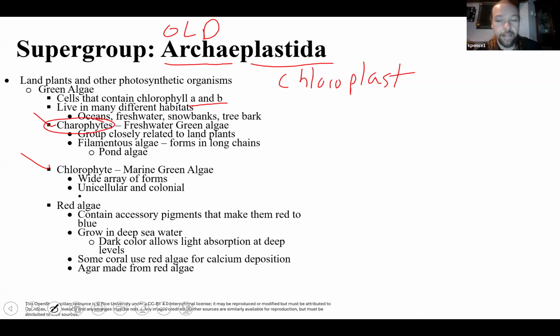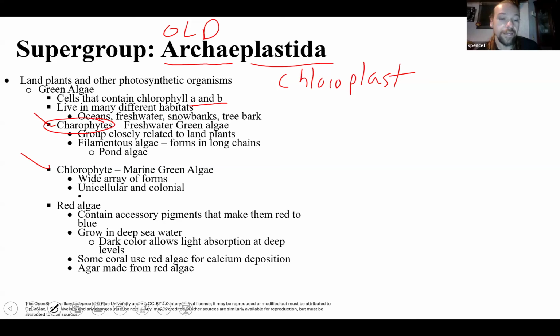You also have red algae. So like the name suggests, these algae do not appear green when you look at them, they appear red. And the reason why they appear red is they are very deep in the ocean. So the deeper you go down in water, the less light is able to penetrate those layers. So the redness is coming from the fact that's the type of light that's making it to the bottom of the ocean. Very diverse group again.